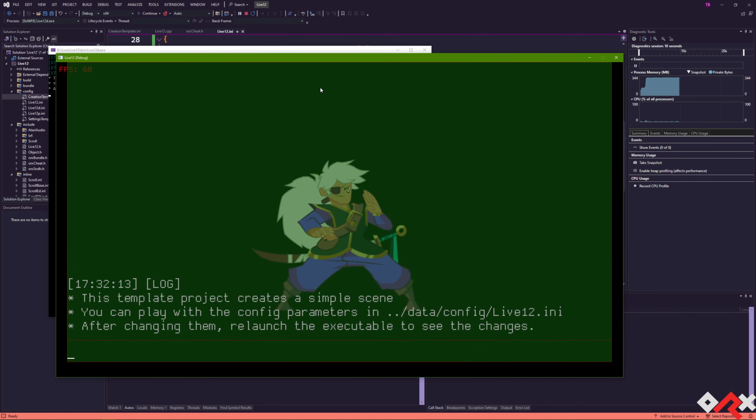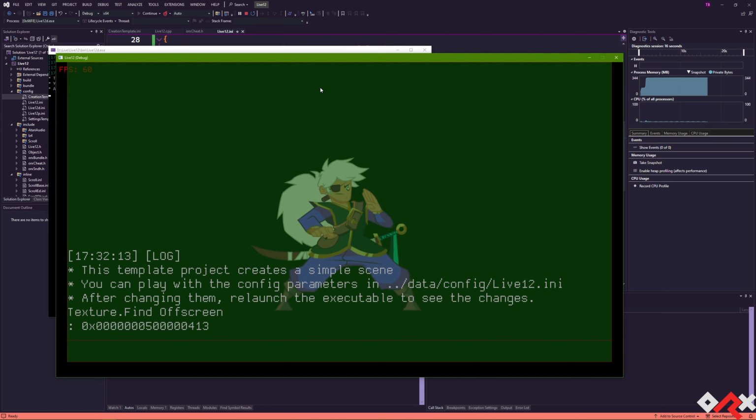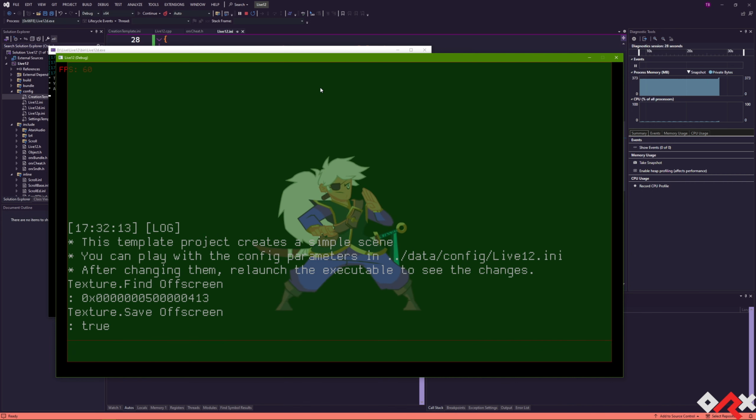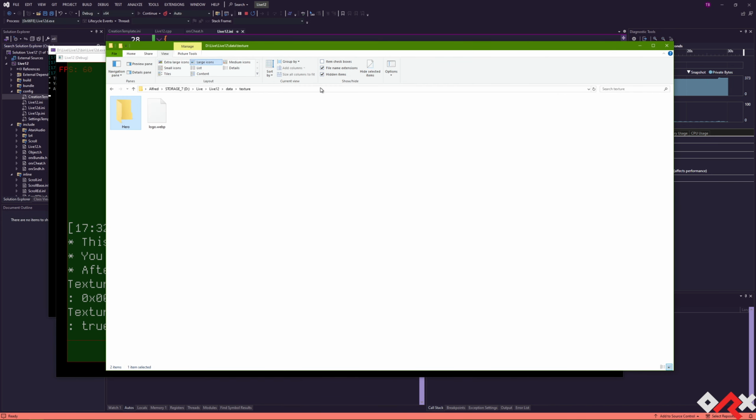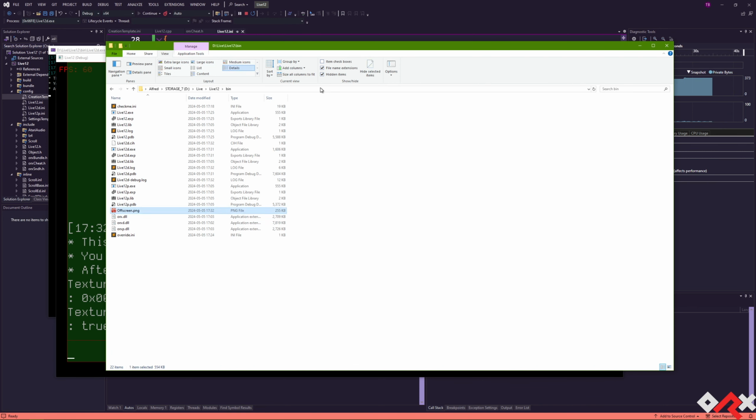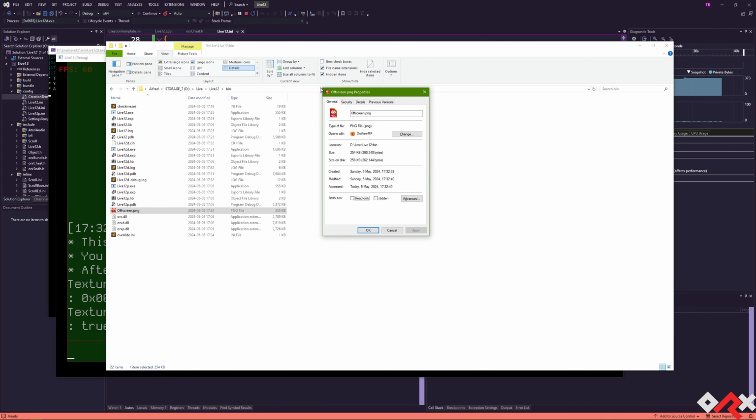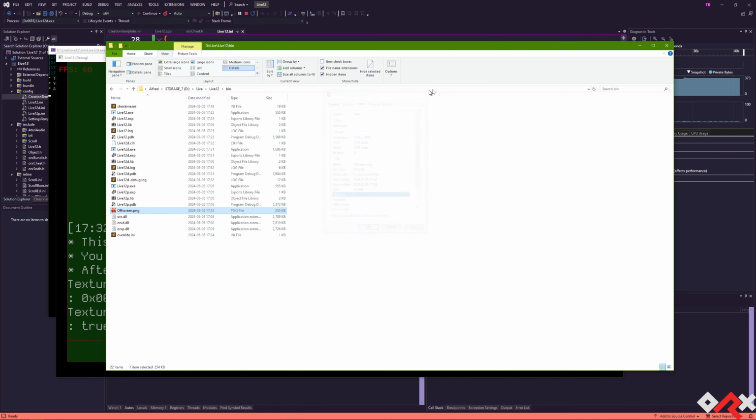Now we can actually verify what's going on, and we can find that texture off screen. That texture has been created automatically by our main viewport, and if the main viewport gets deleted and no one is using that texture, it's going to be removed. So that texture, we can also save it. So let's save off screen. And here, if we go back to 512 bin, we should have an off-screen texture, and that texture is a 1080p,